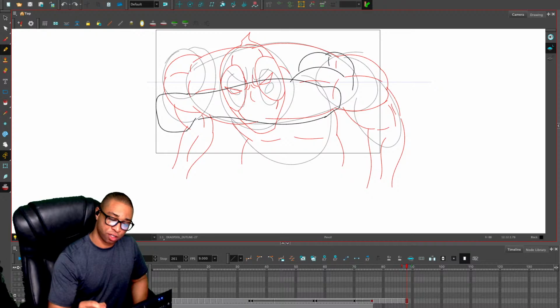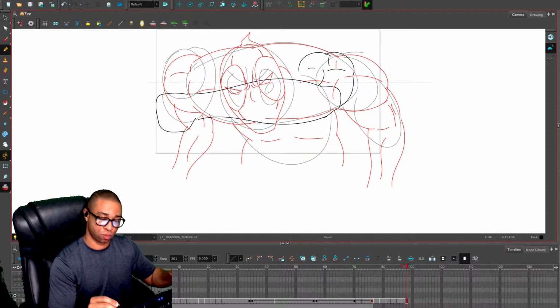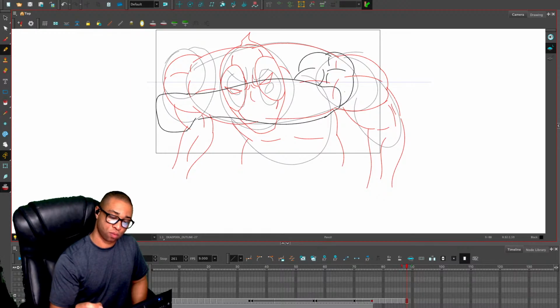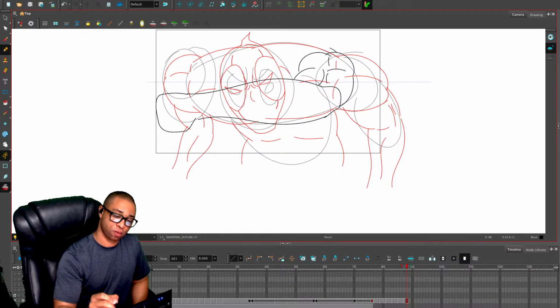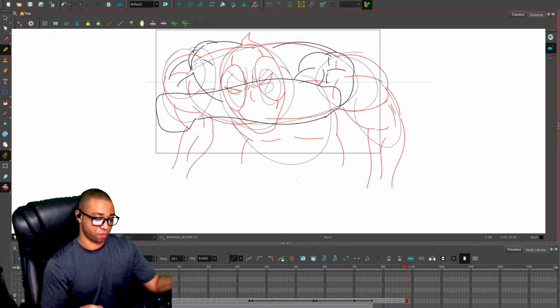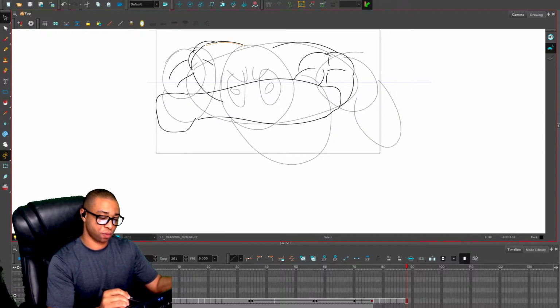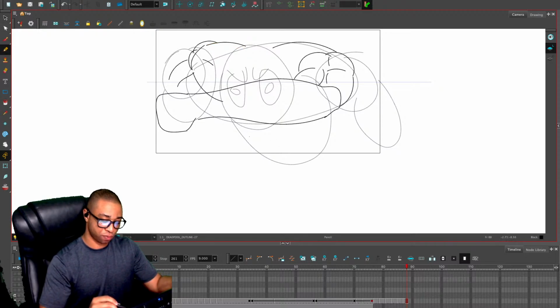Just kind of drawing the arm in to make it make sense for me. Like that. Yeah. Gotta kind of build this as I'm going now.